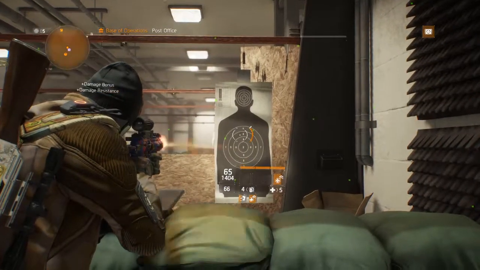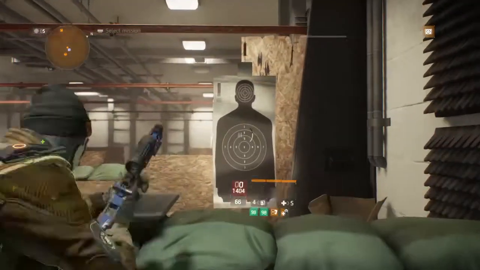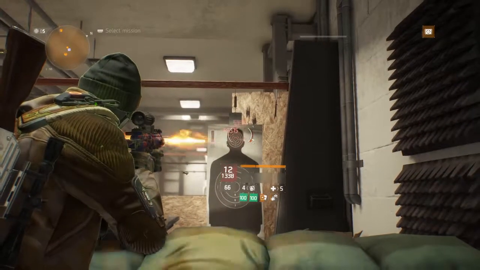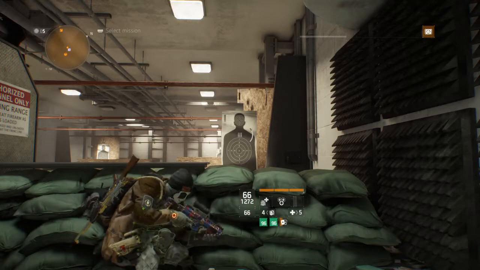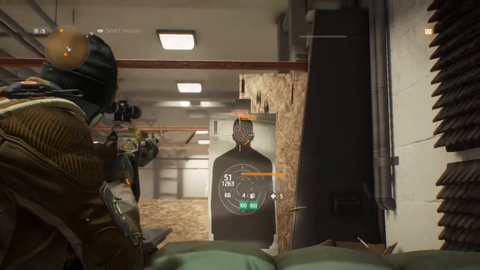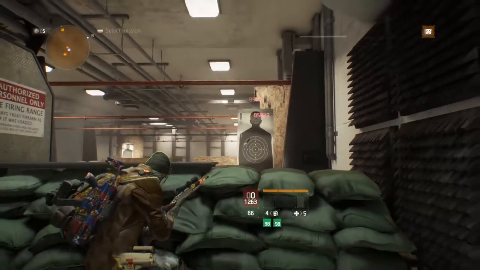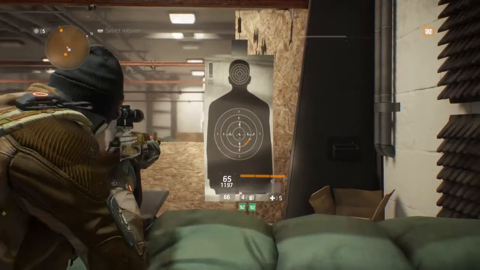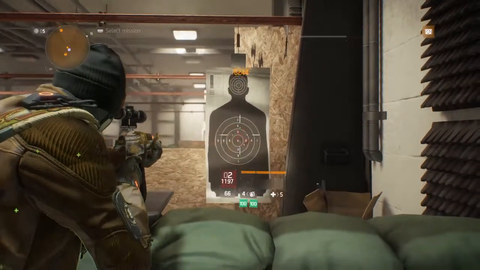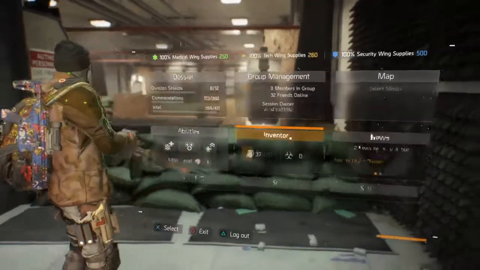And booster shot, and then we go. Those are the body shots. Headshots. And we switch to the AK. There we go. And that's how that works. Okay. Next up